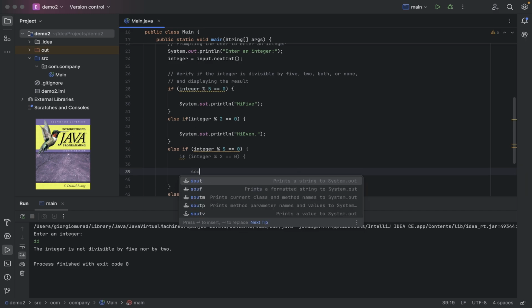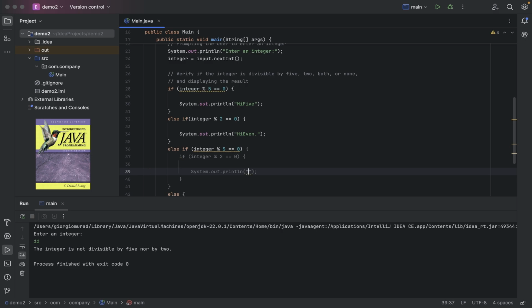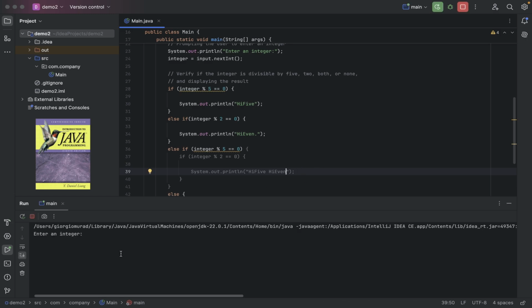Okay, let me make it print high 5 and high even. So adding a number that's divisible by 5 and by 2, let's say 20,